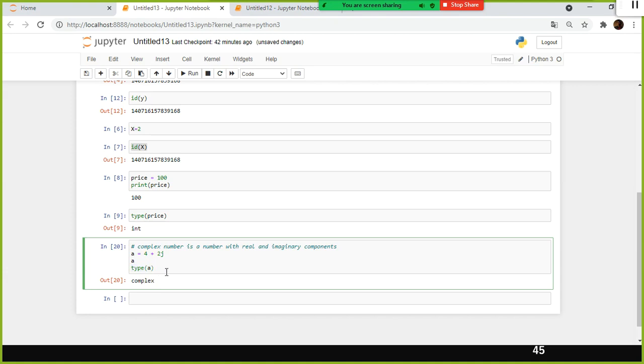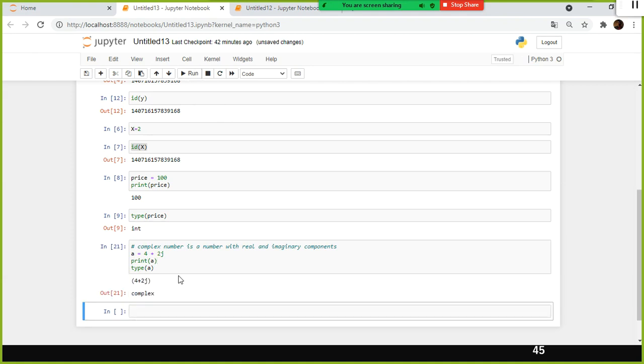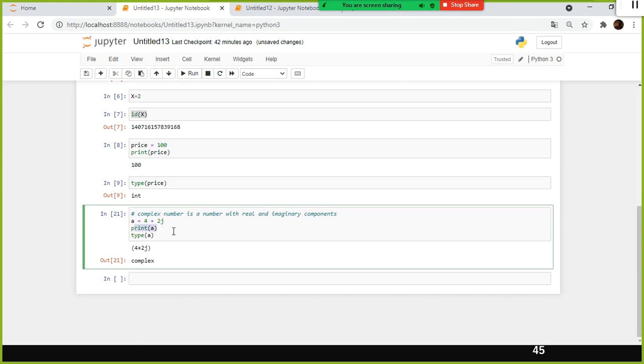But when I use the type function or any command in the third line, the second line's value will not get displayed. It will be overwritten. So that's the reason why we use the print function here. Print a. Now it displays the value stored in this one, and the last one also shows.